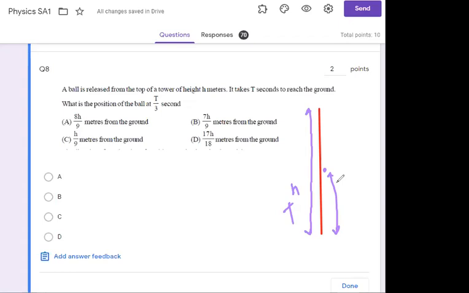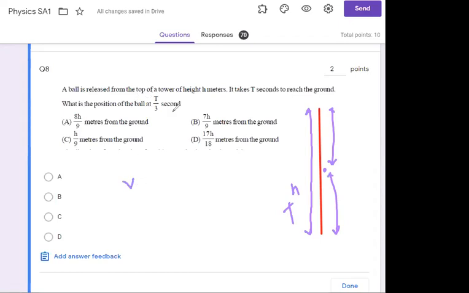Okay, that is the distance you have to calculate. First of all, you have to calculate this distance and subtract it from this. Yes or no? Okay. So first of all, can you